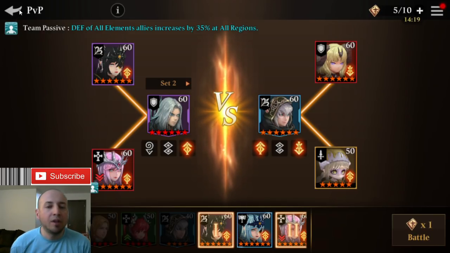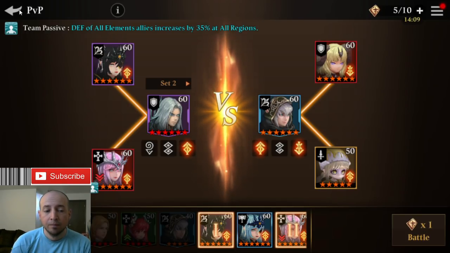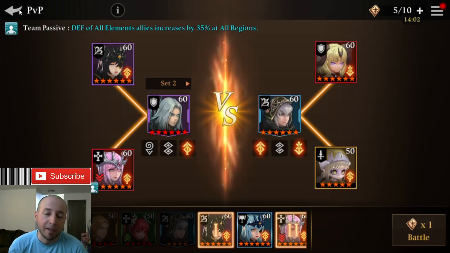Now, I talk about Ishmael a lot because he's great for PvP. I mean, he's just huge. But what if you don't use Ishmael? What if you use somebody else, like Sahid, or whoever, Maya, Bjorn, Ophelia, whatever the case may be? Then things change a little bit, because you're pretty much only going to bring one tank